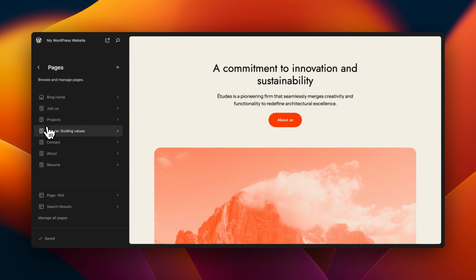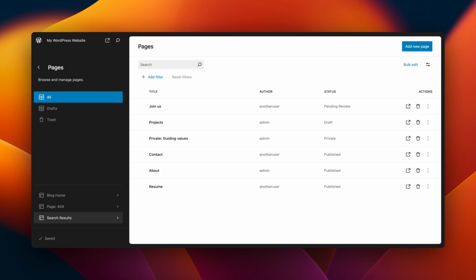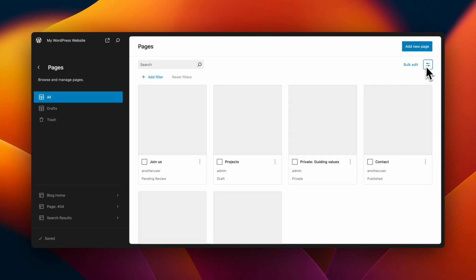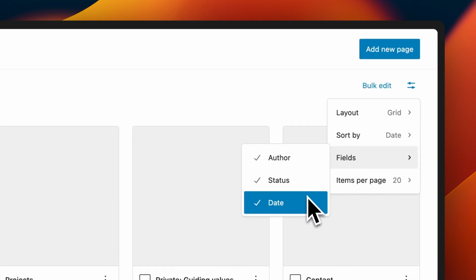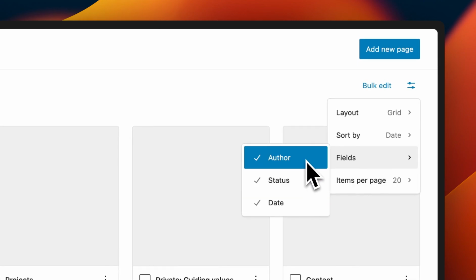Finally, last up, we have pages. So again, you'll go to manage all pages and you'll be presented with this section. So once more, you can show different views, you can bulk edit things, you can select them with these checkboxes. Pretty nifty. Same with fields, you'll see a date field as well. So let's have all those